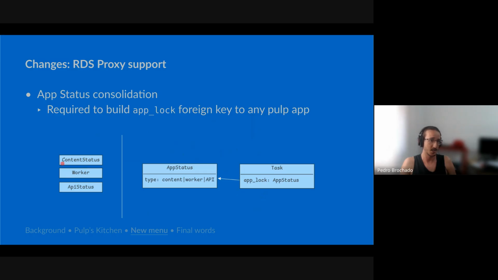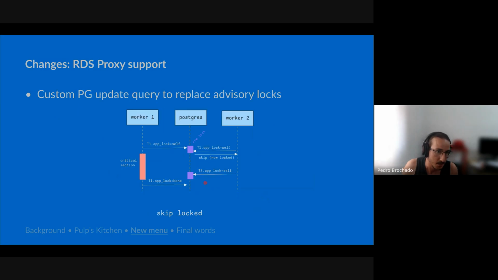We had different tables for each kind of component. But we wanted something like this, where a task has a field which points to any app, because any app can hold the lock.